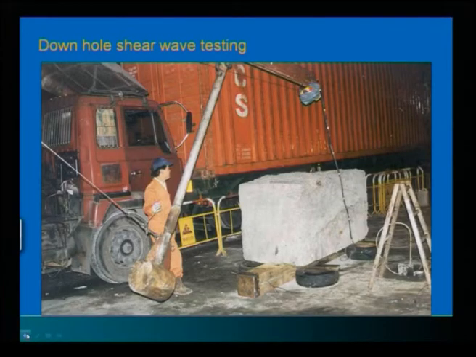Now the other thing I want to show, one more slide. Look at this, how downhole shear wave testing has been made. This is a case study in Japan. Here is a borehole, and the shear wave velocity probe has been inserted inside the borehole. Now this is your wooden plank, and with this wooden plank there is a hammer. Look at this field study.